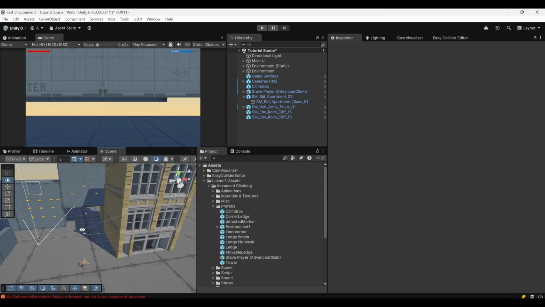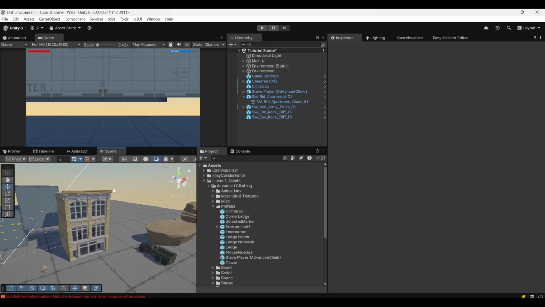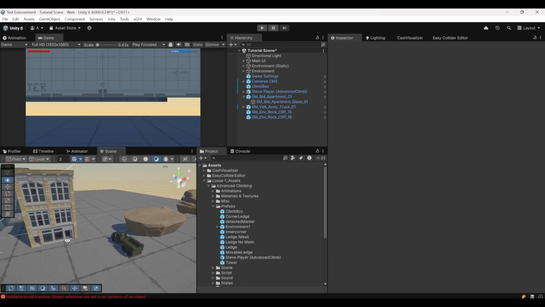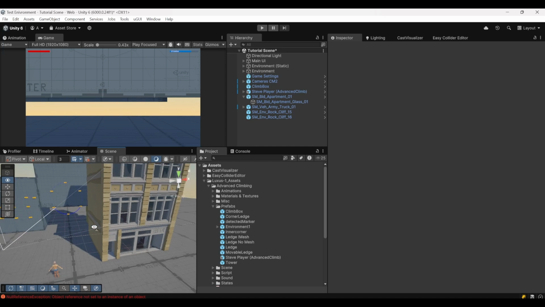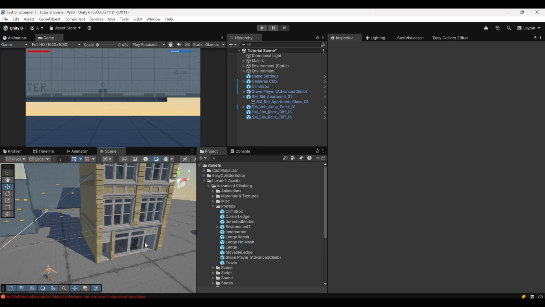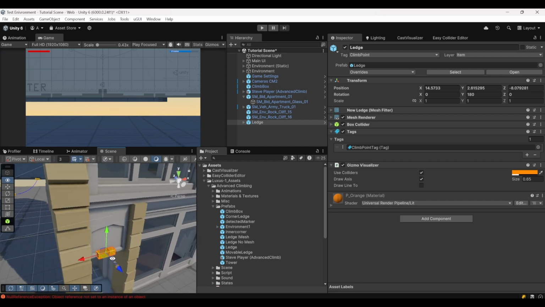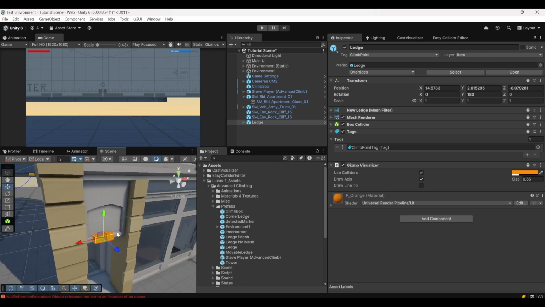Okay, in this tutorial I want to show you how you can set up a building, a vehicle or a rock. Let's start with the building. You can set up your environment manually, like drag the ledge onto some buildings or suited places, and then you actually are good to go and can detect it and can